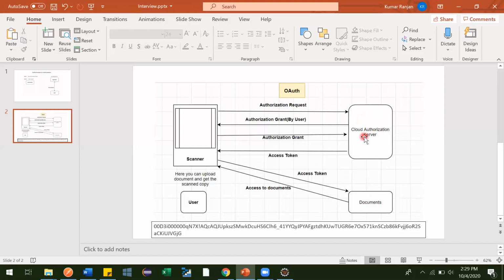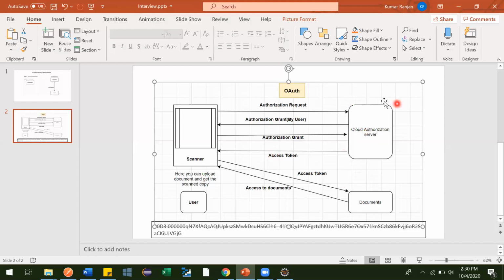Now when this scanner app gives this authorization token and authorization grant to Google Drive, to get access to the document, Google Drive will create one access token.